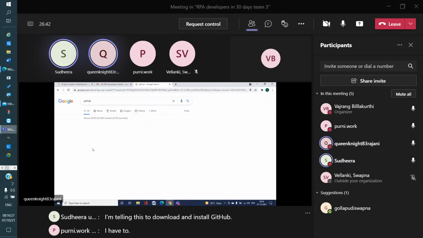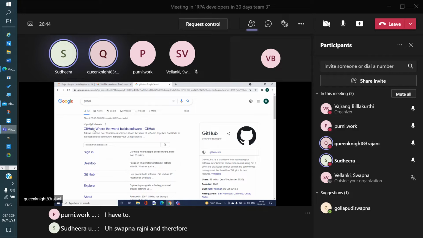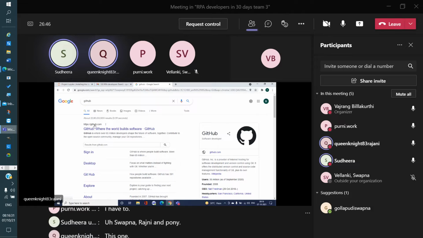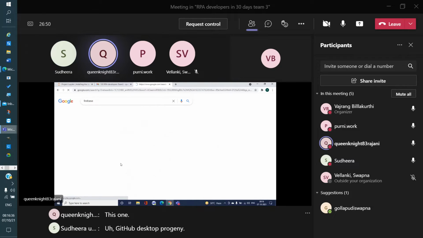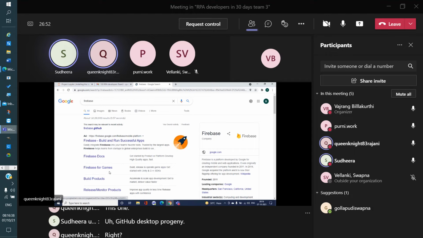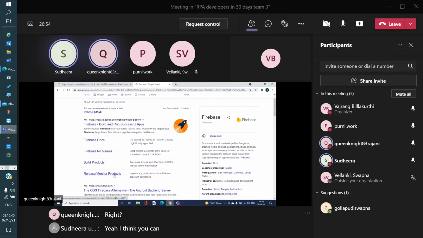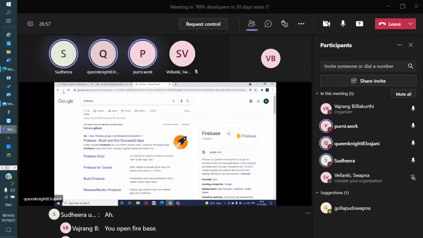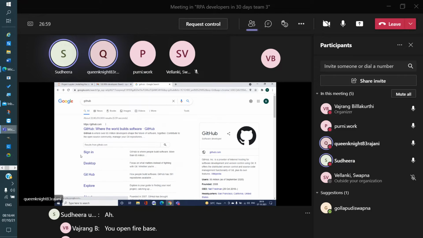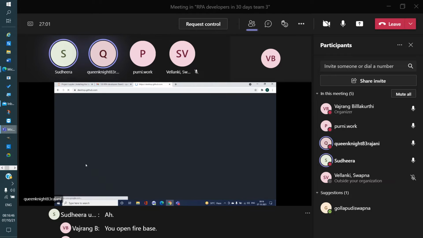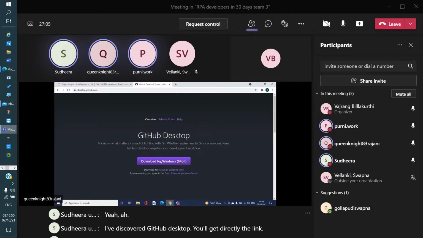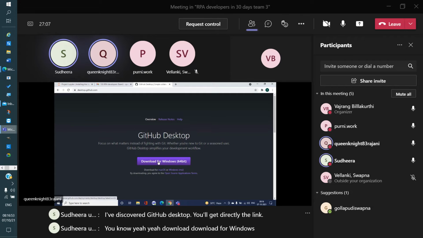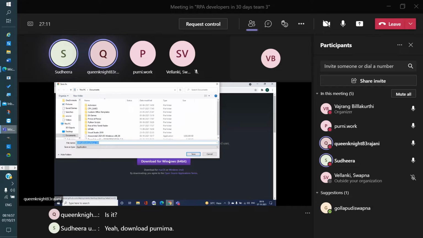Swapna, Rajni, and Purni. This one? GitHub desktop, Rajni. This one, right? Yeah, I think you can open the browser and type GitHub desktop. You'll get directly the link. I have to download that, right? Yeah, download for Windows. Yeah, download, Purnima. Yeah, save.